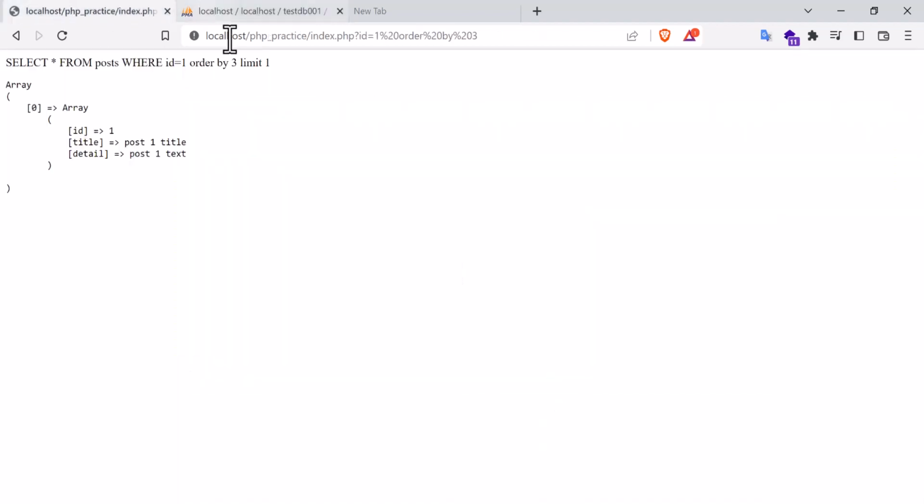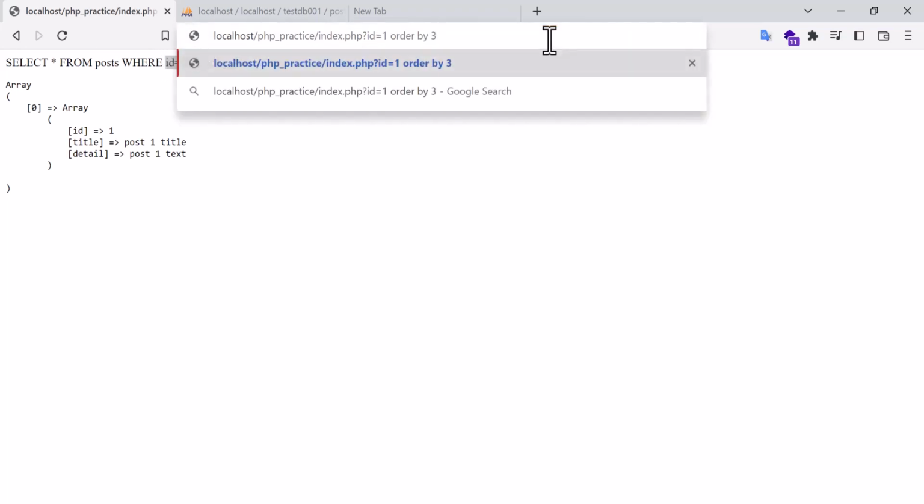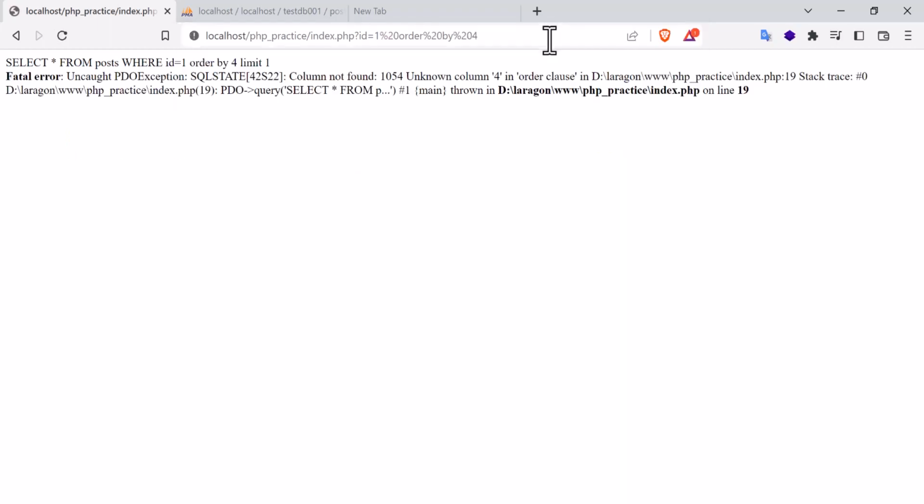So here I am going to come, and in order to do that, id equal to 3, order by 3. Then I am going to put order by 4. You see that there is an error because column 4 is not found, right? So order by column is getting an error. From this I am sure that there are no 4 columns. Here there are only 3 columns, because when I give id equal to 1, order by 3, like this,